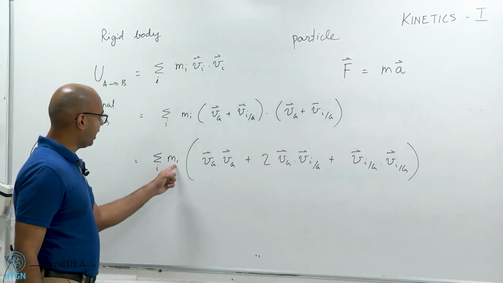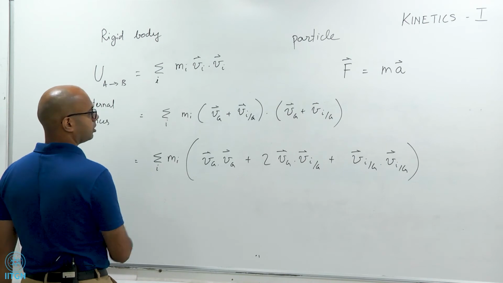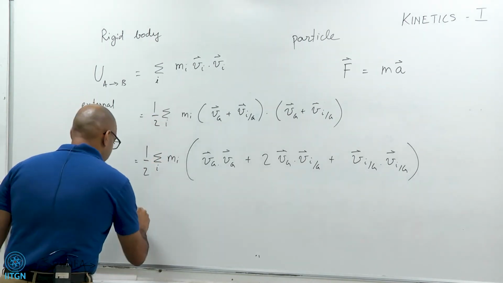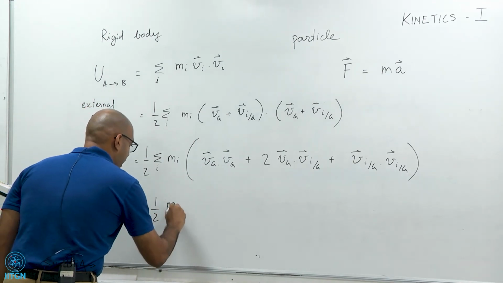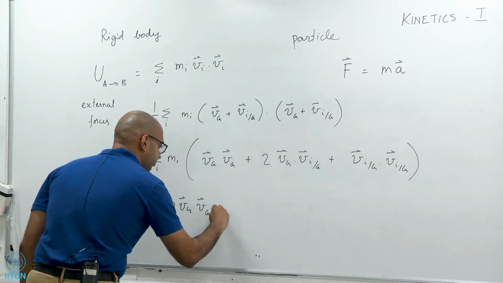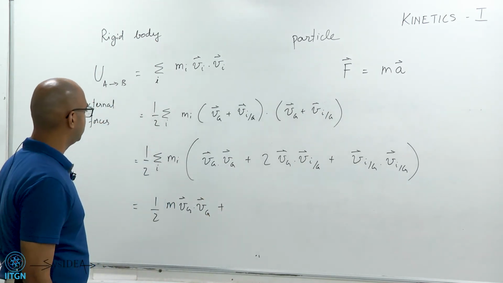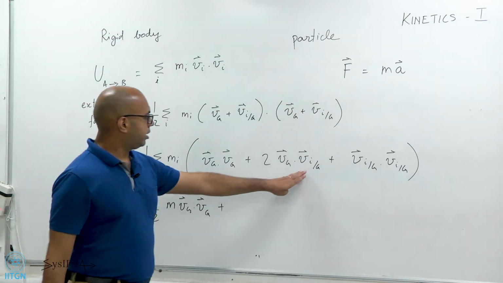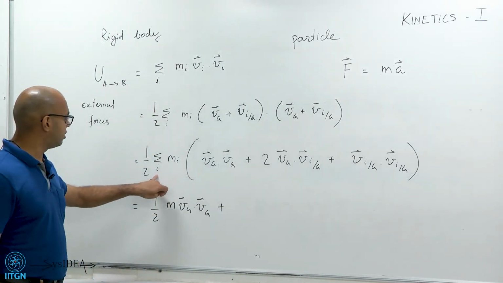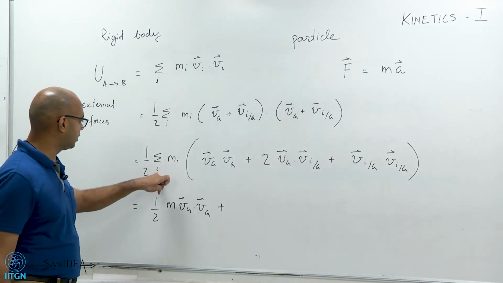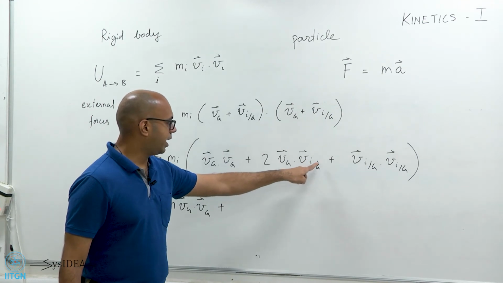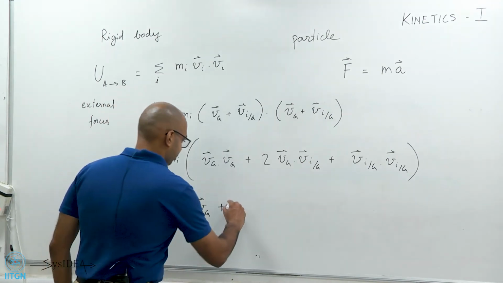Sum over i of m_i v_i... oh sorry, I am missing a half. This becomes half m V_g squared, the first term, plus the second term. If you will notice, this V_g is independent of the summation. So I can really do the sum over i of m_i v_i with respect to G. So I can write,